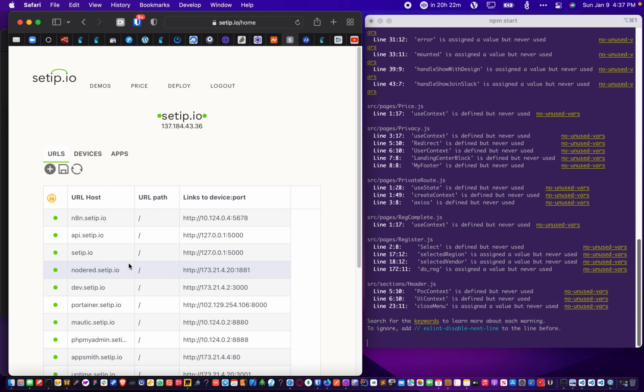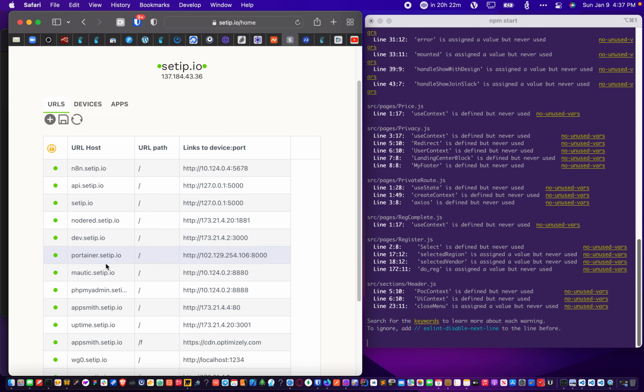So what we want to do here is use an existing app, for example this one, and we're going to change the name, and we will call it, for example, dev2.setip.io,